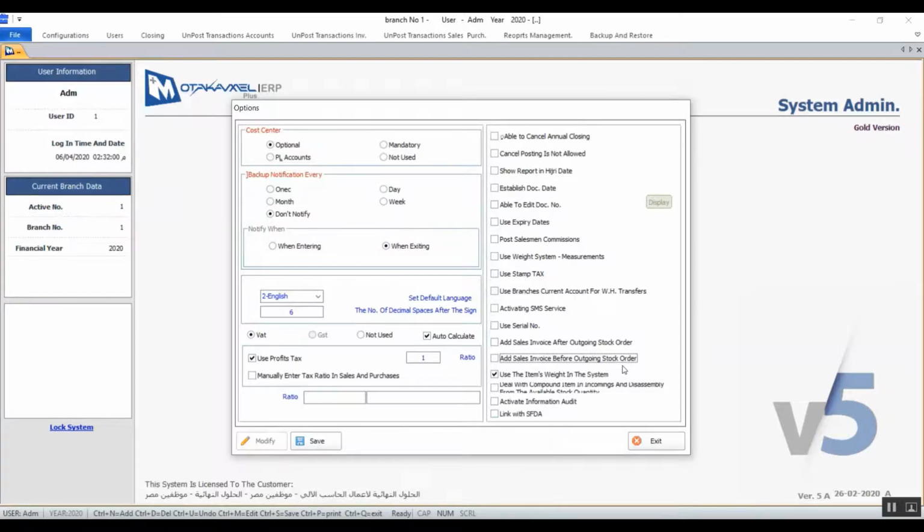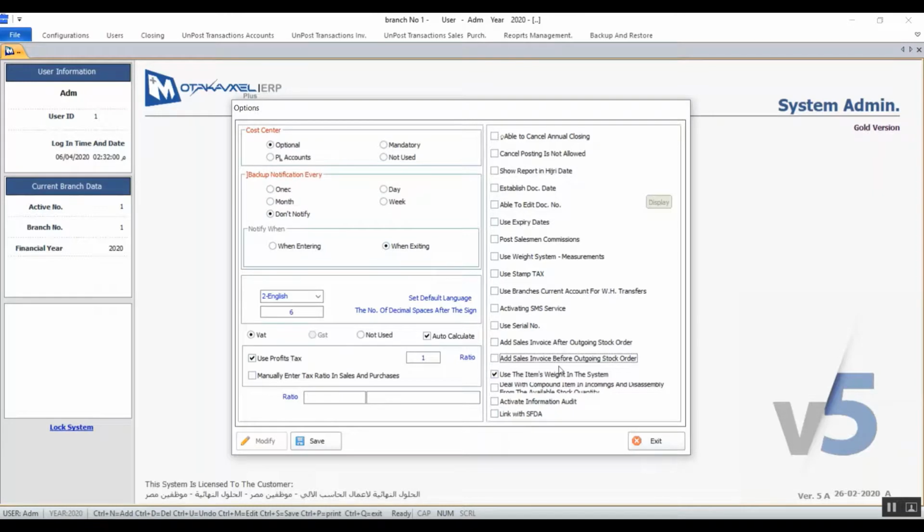The second thing that the user will need to do is to create a dispatch order from the outgoing order screen. And as we know that in the inventory system, which contains the outgoing order type stock outgoing order after sales invoice,